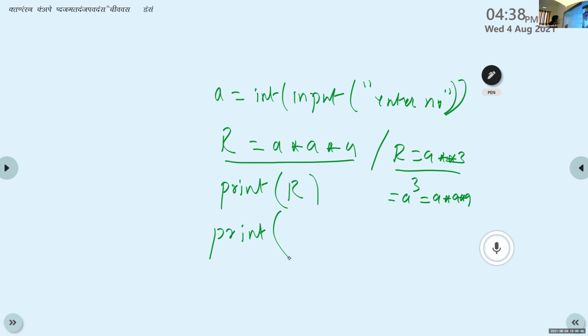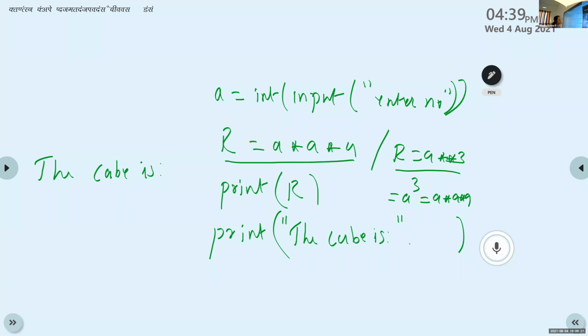That is, within the print statement, within round brackets, whatever message you want to display, write it within double quotes. Okay, I want to display the message like this: the cube is, then one colon is needed. So I will write all this message within double quotes. So in the output screen, the output is just like that: cube is colon.